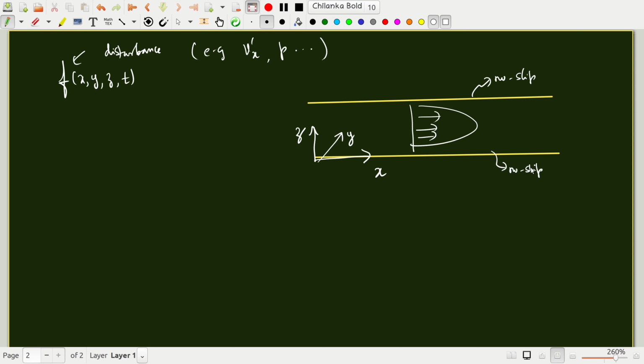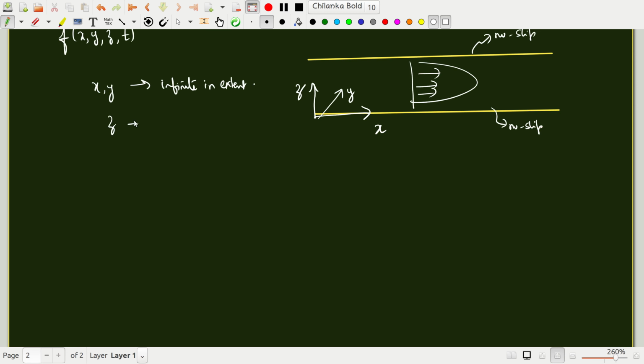Okay, at the two boundaries, and the x and y directions are infinite in extent. Now the z direction is bounded and there are boundary conditions. Let's say no slip. Now if I were to express an arbitrary function of velocity, let's say, in an eigenfunction expansion, okay, now